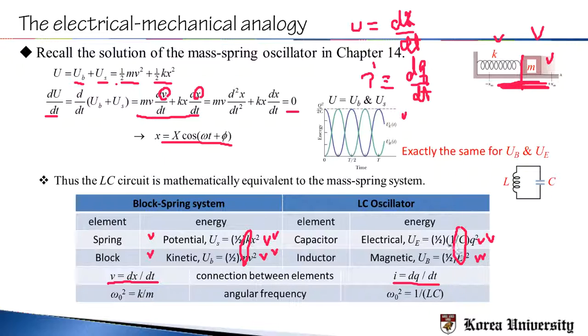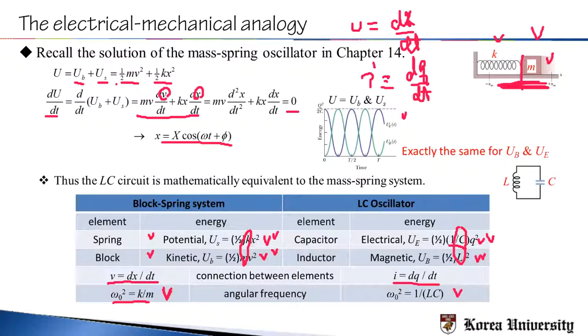See that only this capacitance is written in the inverse form, so therefore it will show up. And then, of course, finally, what we find is that the square of the angular frequency in the case of the block spring system is, of course, K divided by M, and in the case of LC oscillation, it is 1 divided by LC. So therefore, what it means is that if the mass is very heavy, then it will oscillate